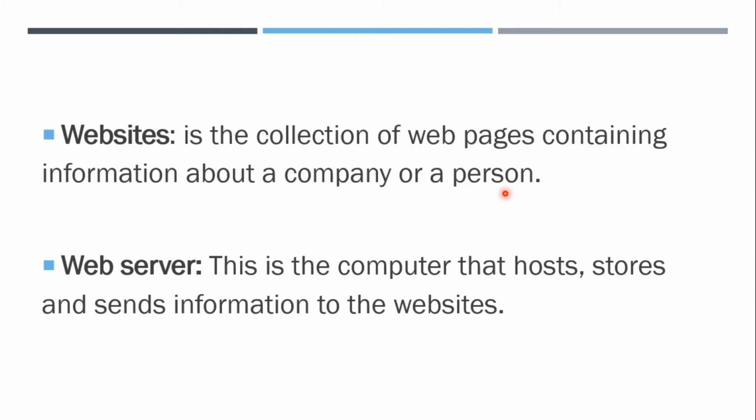But every website is actually made up of web pages. When you go to the website, you see a link, you click on the link, it takes you to another web page. When you click on that web page, it takes you to another web page. Now all those web pages are linked together to form the website. So a website is a collection of web pages. All right, so the key term here: collection of web pages. Take note of that.